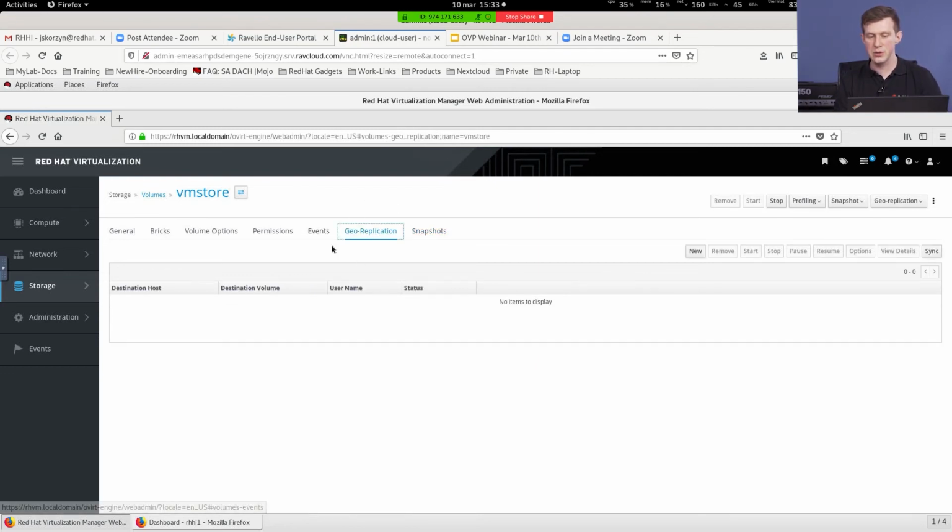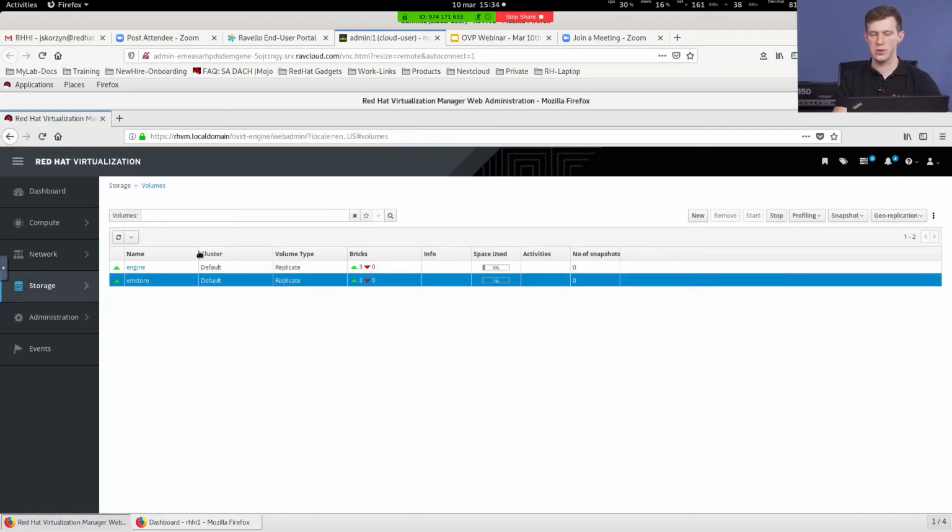And with geo-replication, we can also configure it from here. If you would like to replicate one, two, maybe all of your volumes from the main one to a DR or disaster recovery site, you can easily do it with Gluster from here. Let's take the example: we have 4 branches and 1 data center, so we can do many-to-one replication, and the data center will collect all of the data stores or storages from the remote sites. We can choose what kind of volume we would like to geo-replicate.